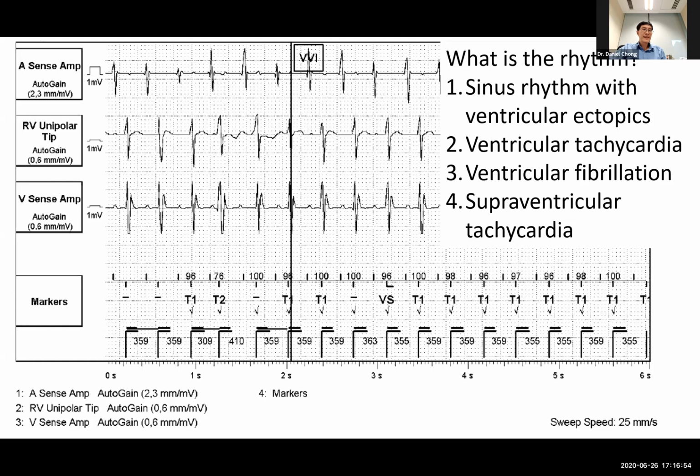Is 30 seconds up? Okay. All right. Oh, okay. There are some who wrote sinus rhythm with ventricular ectopics. Okay. All right. Let's have a look at this tracing. So if we look at this tracing, we can see that this is a